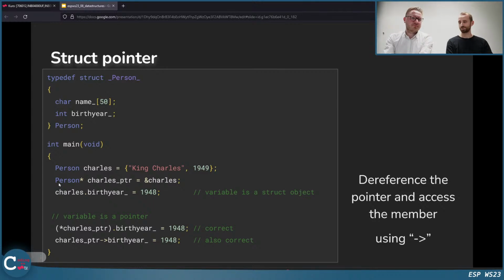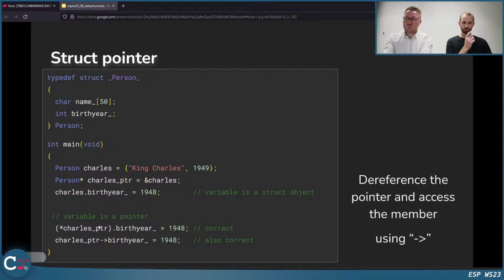We talked also about struct pointers a bit. We will talk about it today even more, I think. Definitely. Here we created King Charles, a person, and then also took the reference of this element in a pointer. With a normal person, we can access the members with this dot.